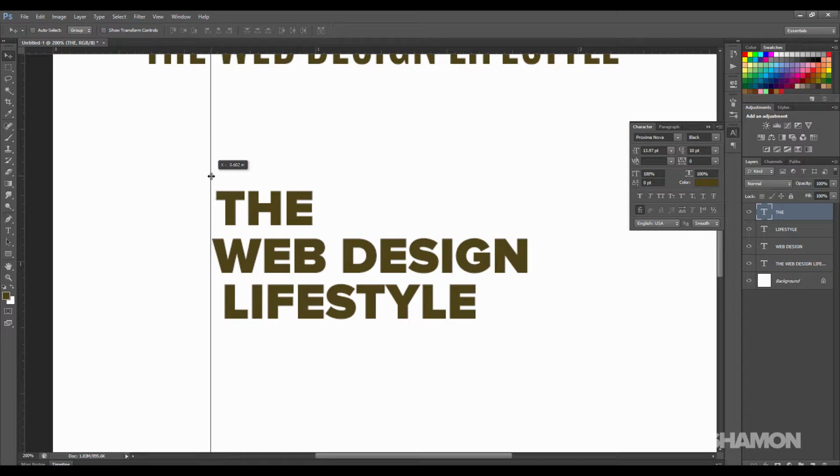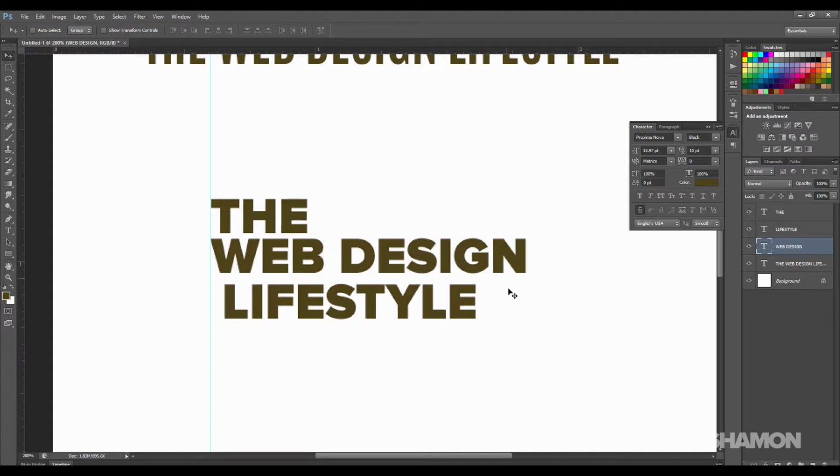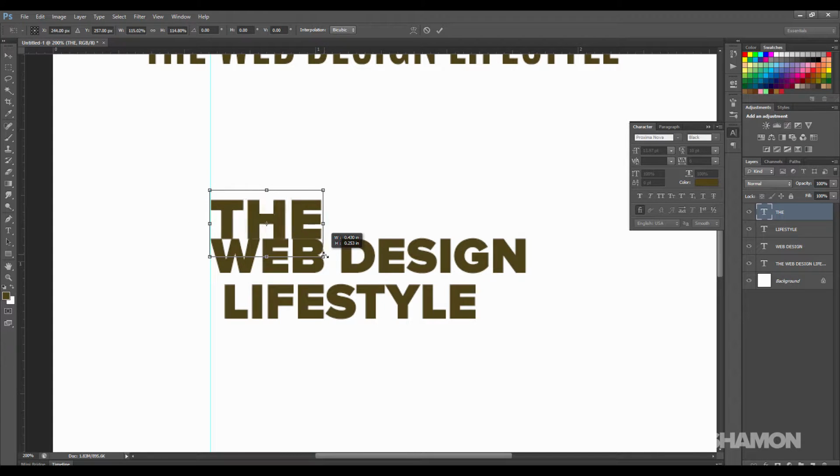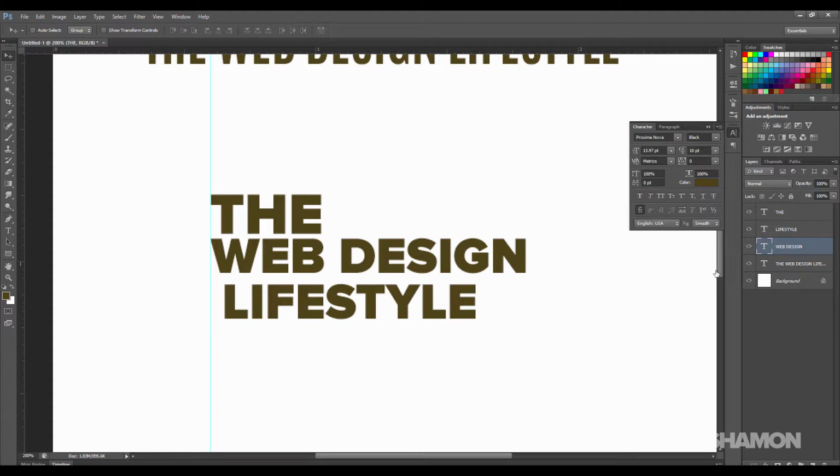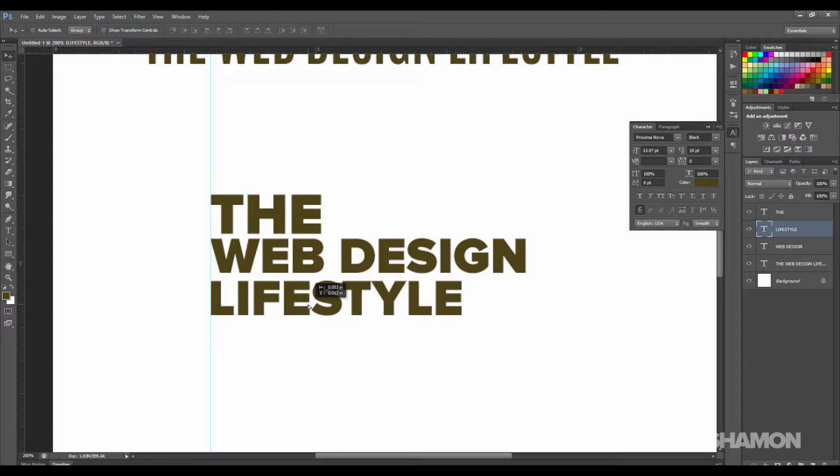And then I'm just going to do some guidelines here. Kind of get everything where I want it to be. Alright, and what I want to do is, I'm going to go Control T. I selected that, just did Control T. Go up. Actually, I might switch this around here. What I'm going to do is I'm just going to change this to